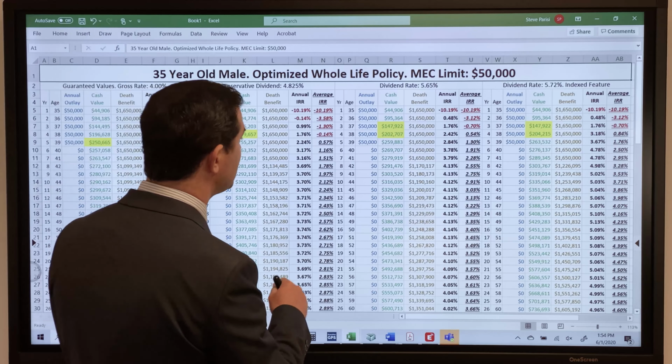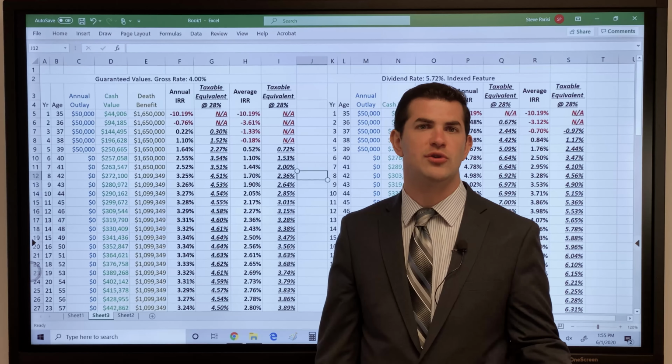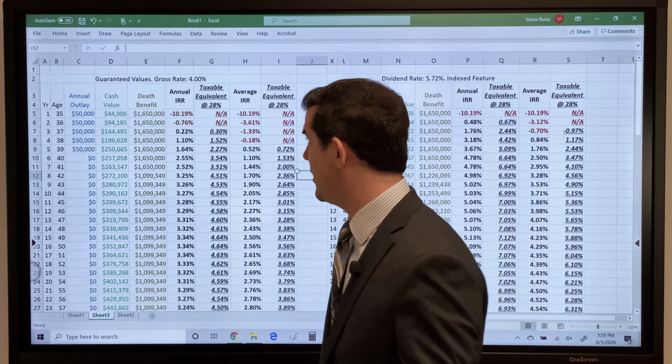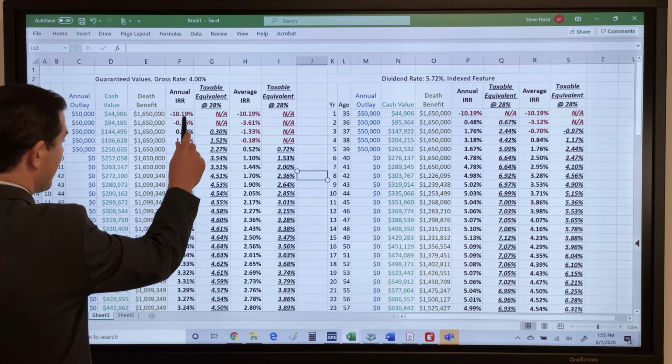Let's take a look at this. So, you know, kind of on this point, the idea of using it like a bank or so, where I've talked to individuals and they say, you know, I like this idea of a life insurance policy because it's kind of like a bank. I can put money in there and have it actually earn some interest for me and still have access to it, which is true. I mean, frankly, a bank account, even when we look at the guarantees, is not going to give you 3.3% year over year. Now, what we've got here are taxable equivalents.